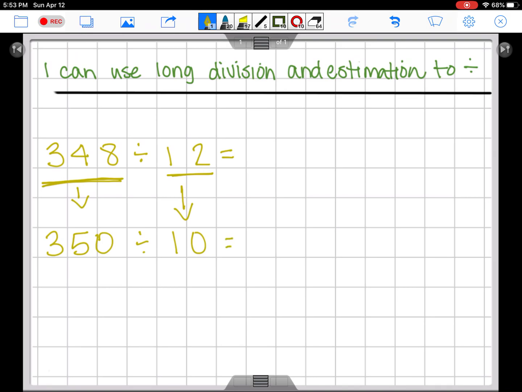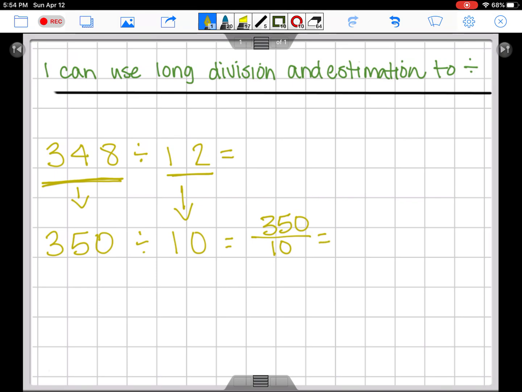If you said 10, you are right there with me. This division problem is a much easier problem for us to work with for sure. There's quite a few ways we could solve this. We could do some long division. We could also just take this right away and put it in fraction form